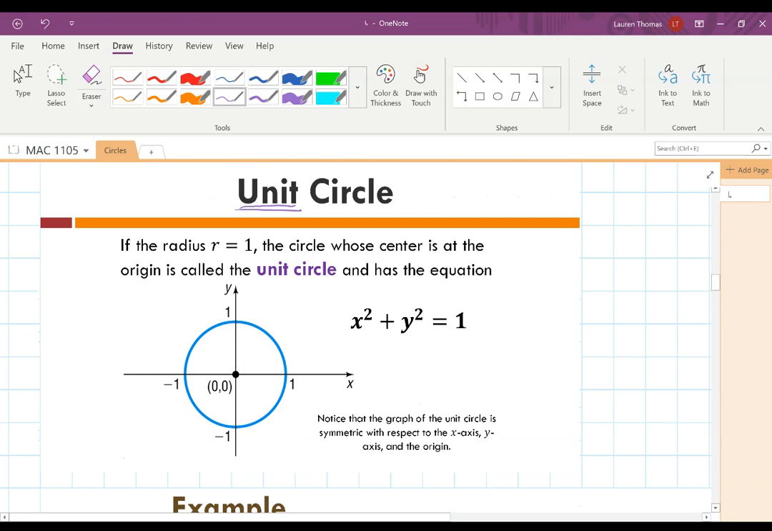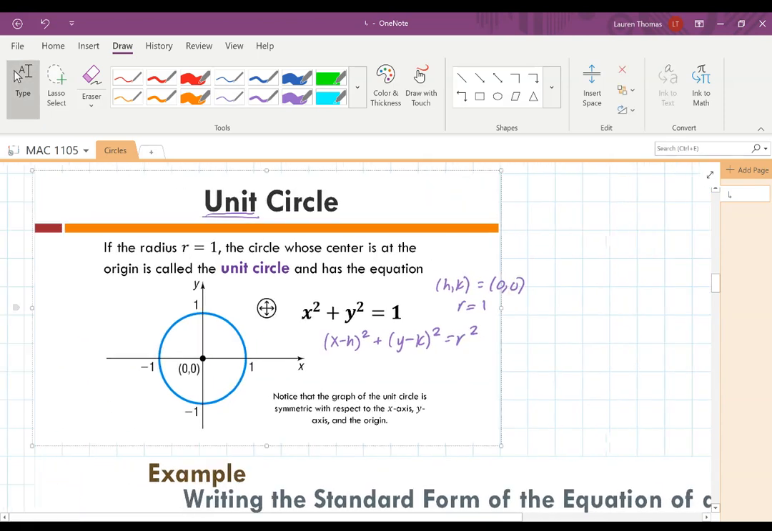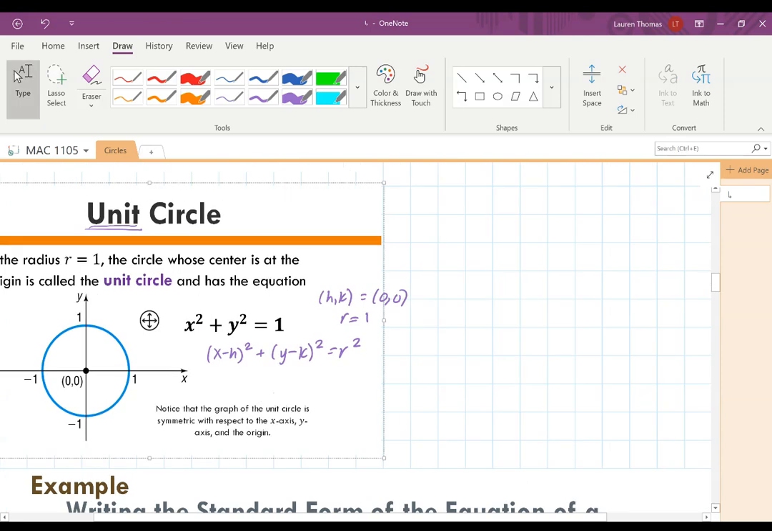You get this equation by setting your first equation in standard form, which remember is (x - h)^2 + (y - k)^2 = r^2. They told us that the center is at the origin, so that means that (h, k) equals (0, 0). And they told us that the radius is 1. So if we plug those values in, let me slide this over for us, you actually get